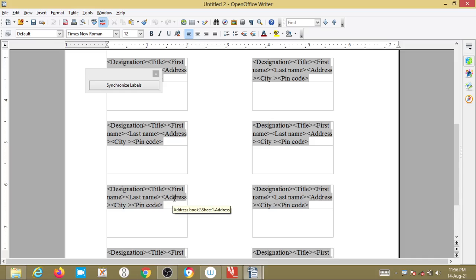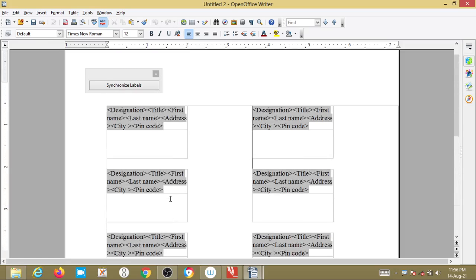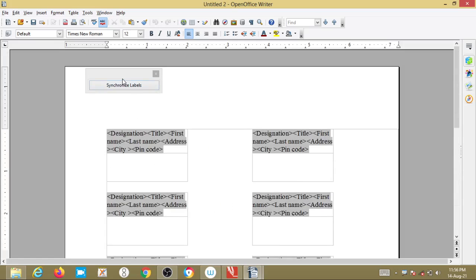Or if you want to make any changes, okay, we can make changes here. Suppose this floating synchronized labels window we have given, right. In the first step we selected the synchronize contents checkbox, right.